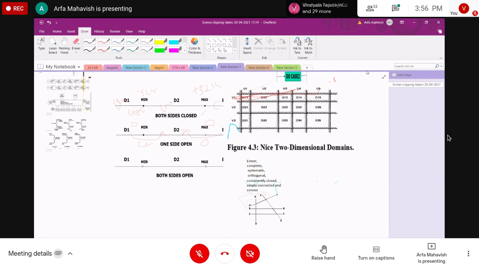Next we have the constant Taylor closure. In this boundary, closures are considered systematically.